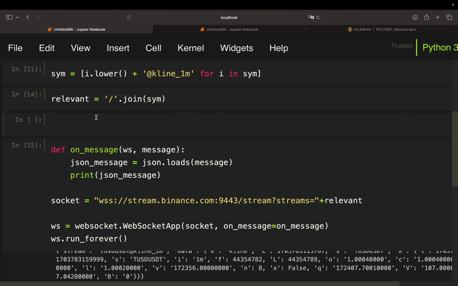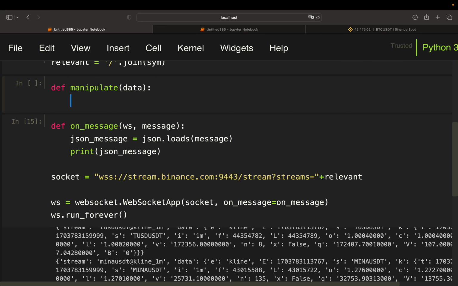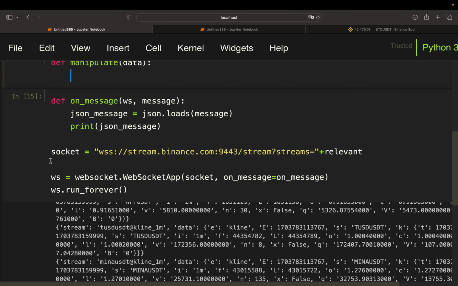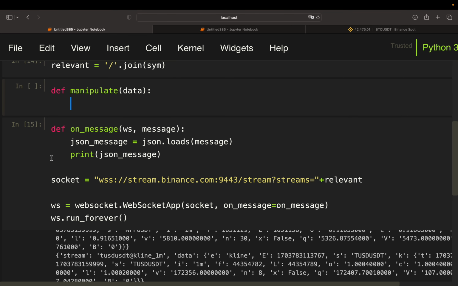Let's create a function here, well, let's call that manipulation. Manipulate, as we're manipulating the incoming data here. And this is taking the incoming data as an argument, which is in dictionary form, as you saw below here. Now, first, we want to have